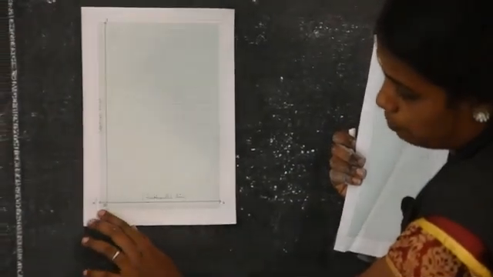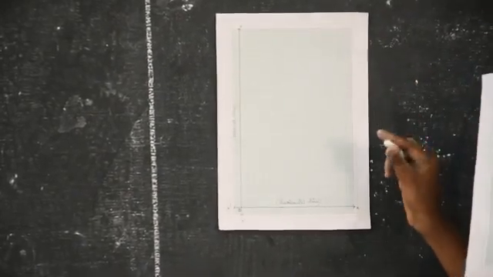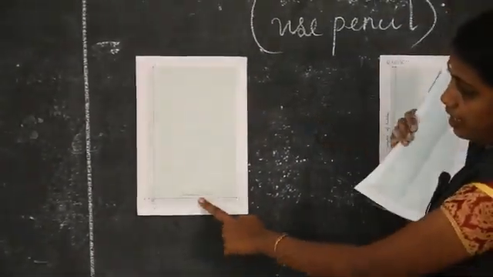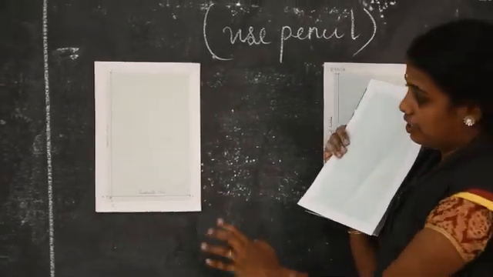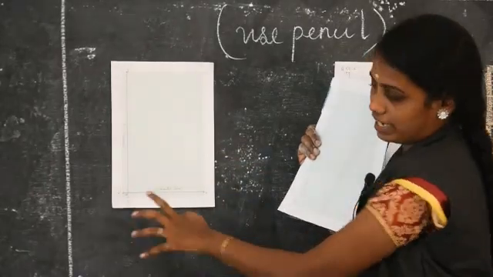Next, the vertical line also. Leave one box. Leave one box and draw on the dark line. The dark line should not be visible if you draw on the dark line. Okay. On the dark line only we are drawing. Only use pencil. Okay. Use pencil. Don't use pen for anything. Okay, horizontal line and vertical line. Give the name X, X dash, Y, Y dash.